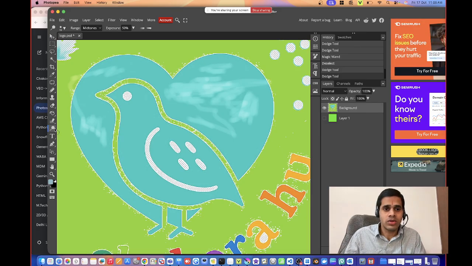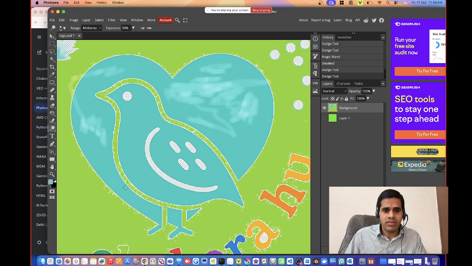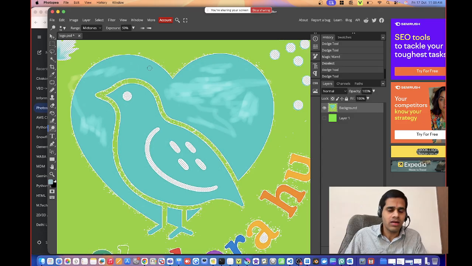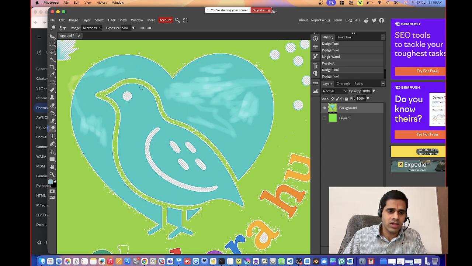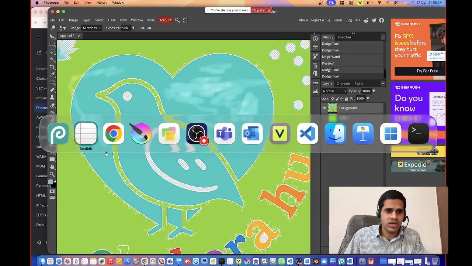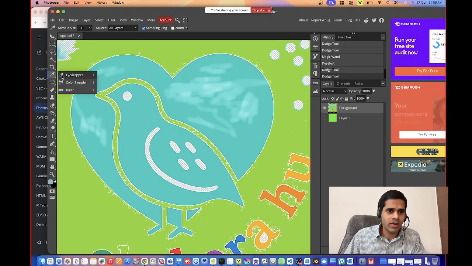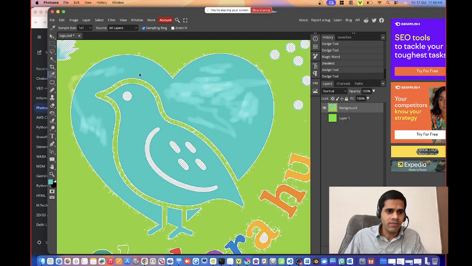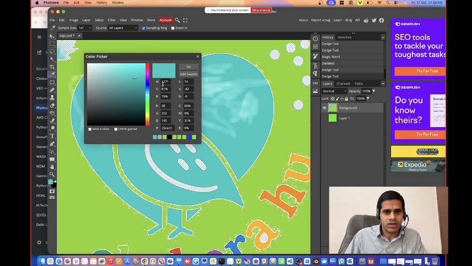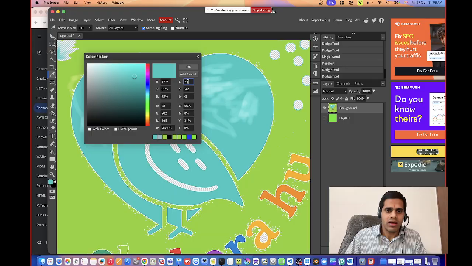Suddenly that thought should come. For example, as I told, this entire love symbol I want to change from blue to a lighter color. Then say, copy the hue, saturation, and lightness values of this particular blue. Okay, how will you copy? Eyedropper tool, double click here, this blue has come with its hue, saturation, lightness. Okay, maybe this one we need,